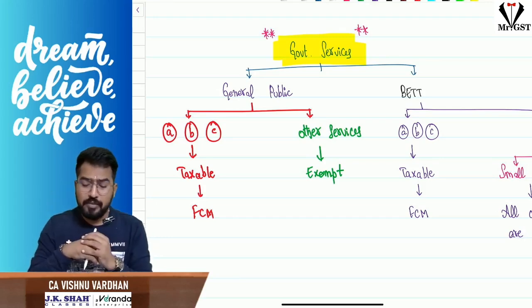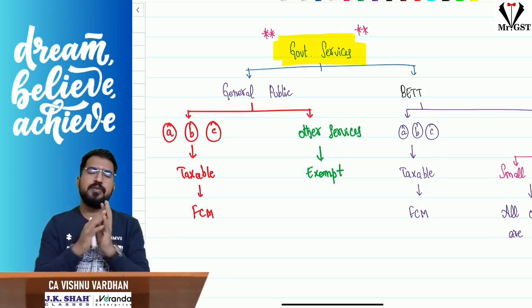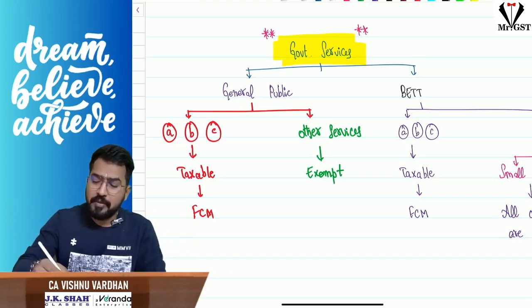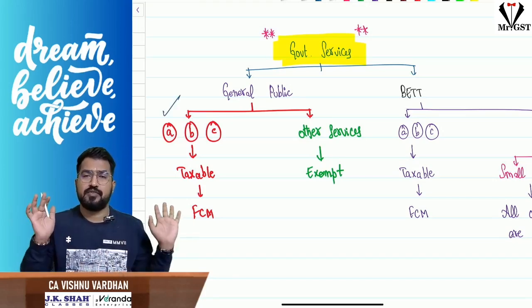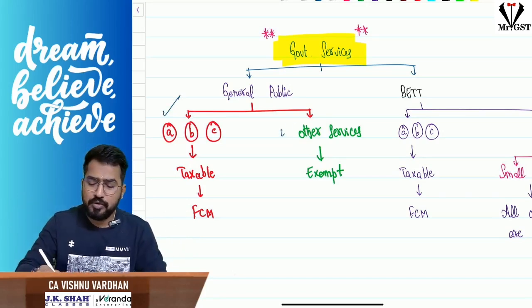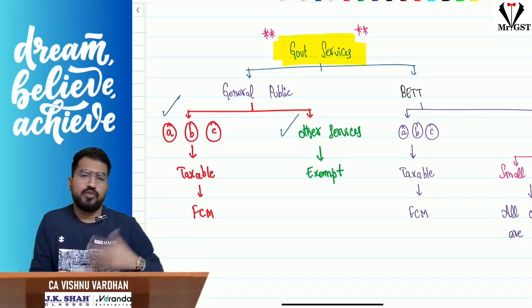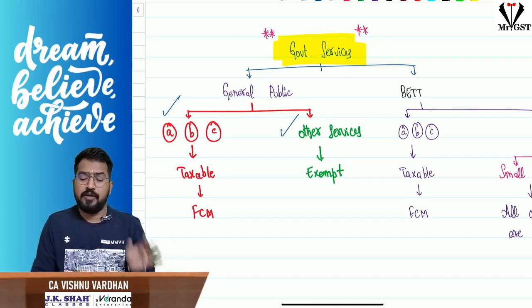Sir, government providing anything to general public, obviously exempt under GST. But if they are providing A, B, C, that is taxable under forward charge. Remaining any service you provide to general public, that is exempt. So no RCM, no FCM. Okay, fine. Coming to